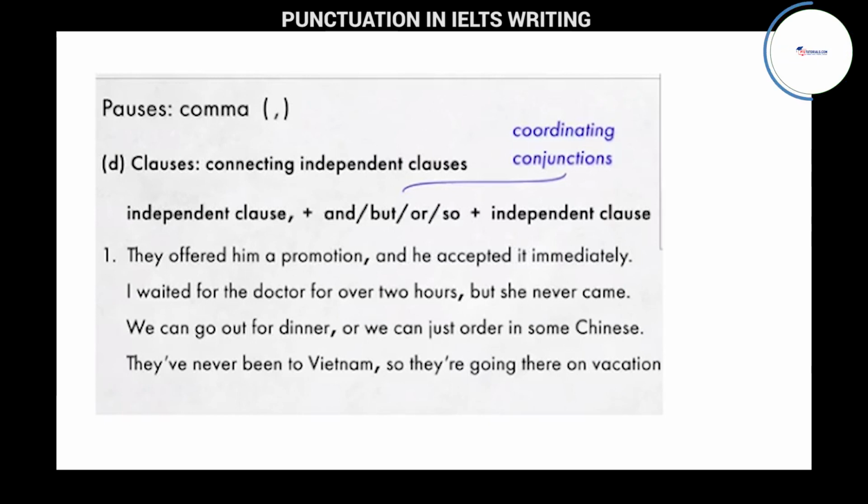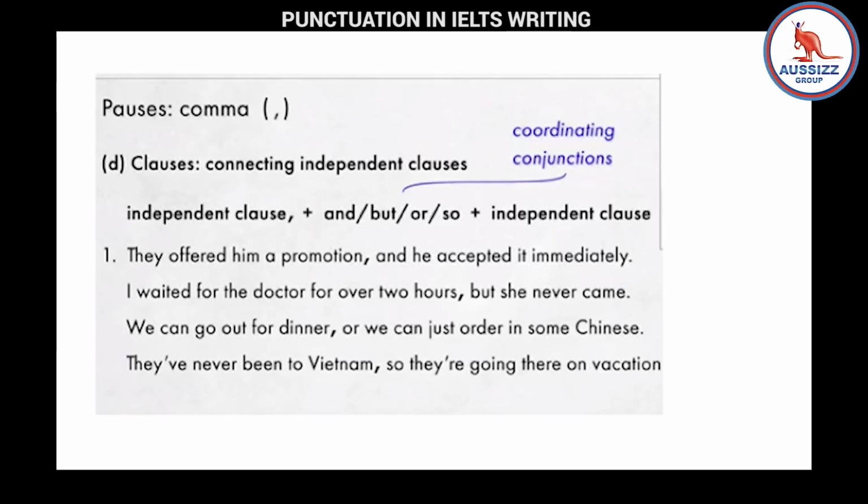independent. Now whatever you are doing here in the sentences, this is nothing but a compound sentence. Compound sentence means when two independent sentences are joined together with the help of some words such as and, but, or, so, for, and nor. Okay, so these are the words you are adding in between two independent clauses. Two independent clause means nothing, two independent sentence, with the same relation. Okay, let's have the example. They offered him a promotion.